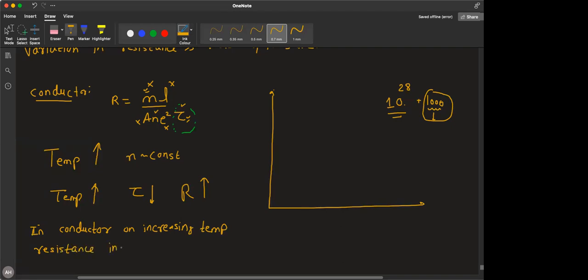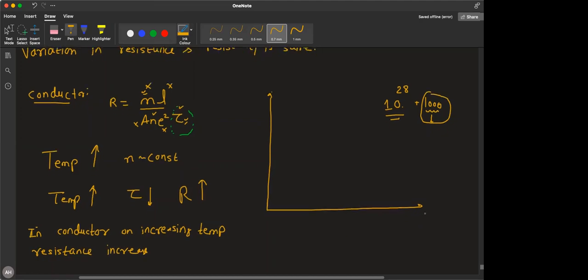So when you increase temperature, then resistance increases. This is temperature in Kelvin. This is resistance in ohm. So when you increase temperature, then resistance will increase. This will be the shape of the graph. This is how the resistance will increase. If instead of resistance, he asks